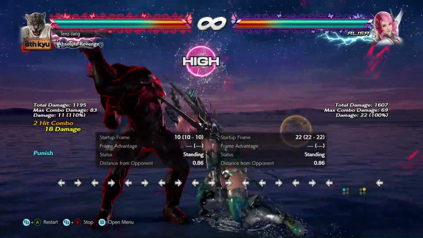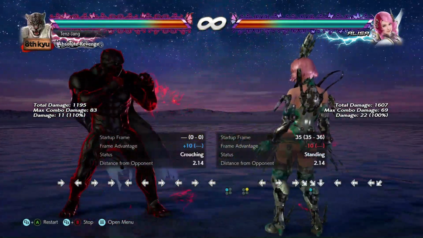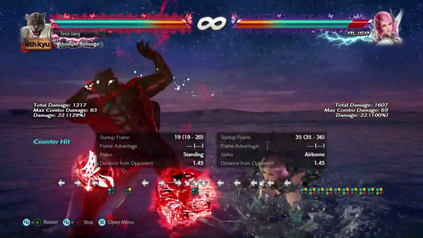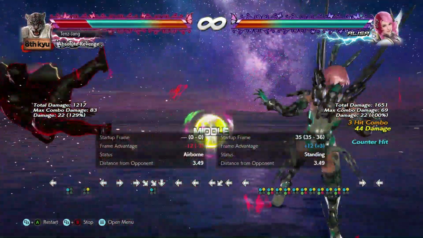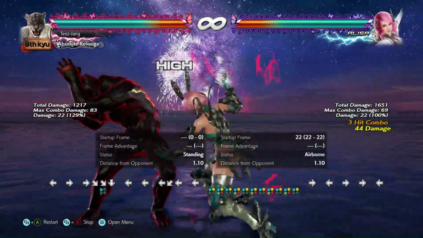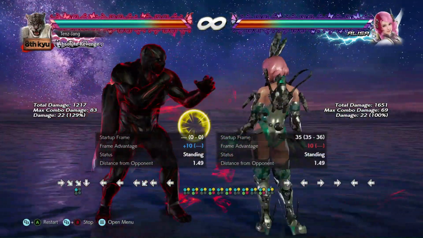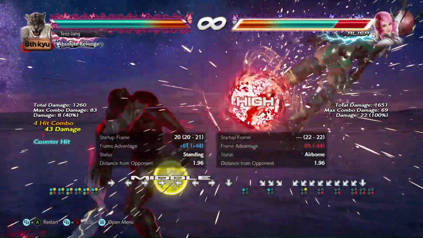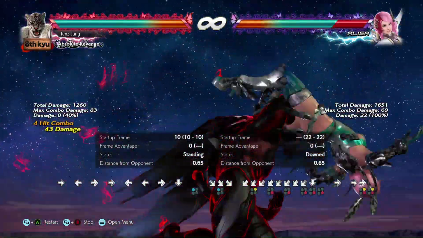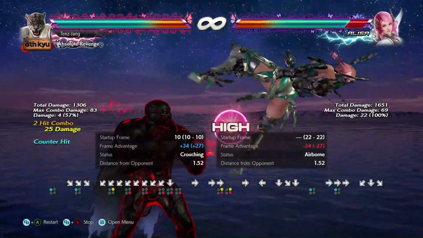Again, it's -10. So if the first hit counter hits, you get a juicy combo as an Alisa player. So you should try to duck the second hit as well. It does have a mid extension, but they are not going to use it that much. I played Alisa, trust me, I play a lot of Alisa. I rarely use the